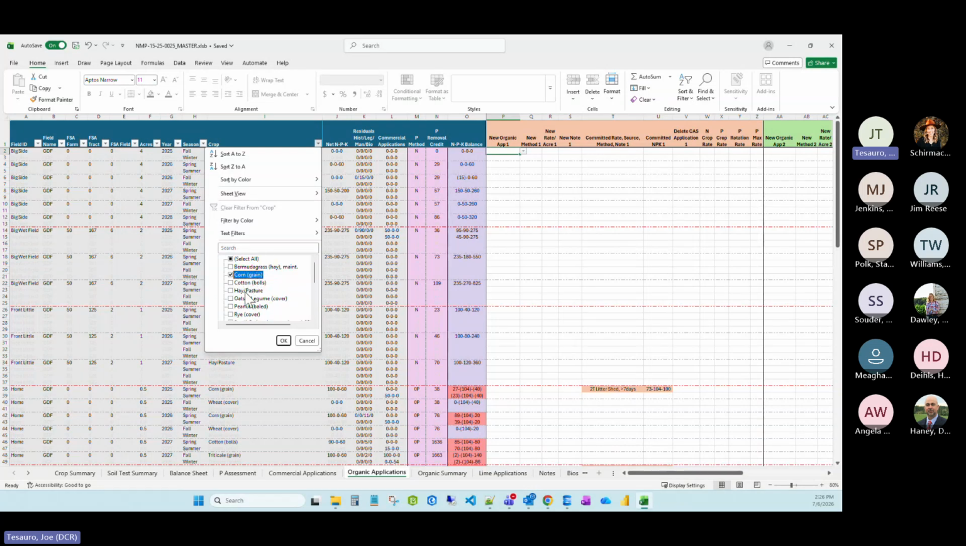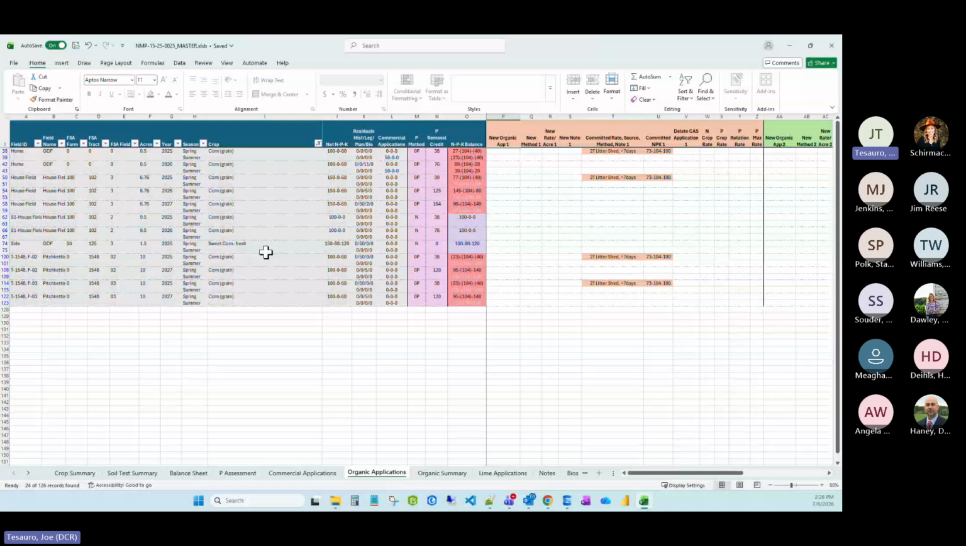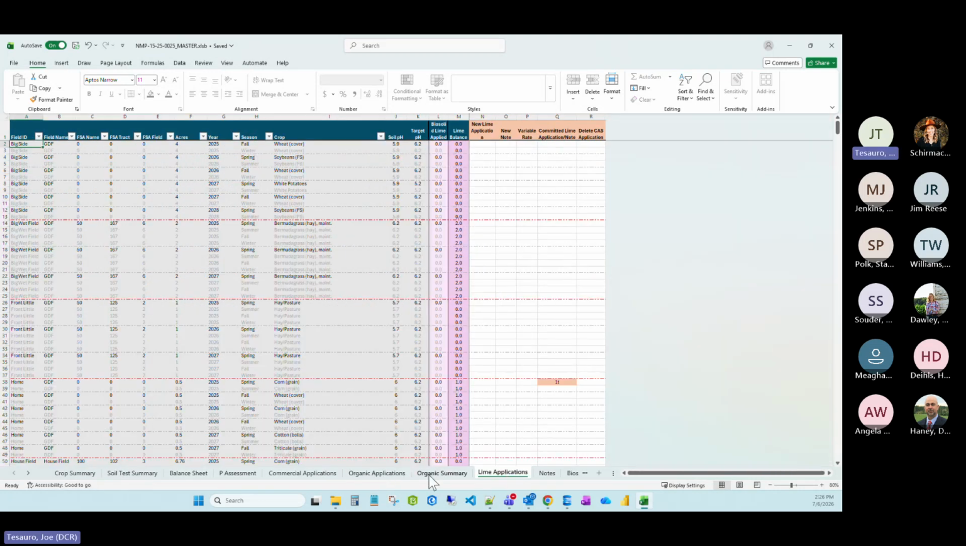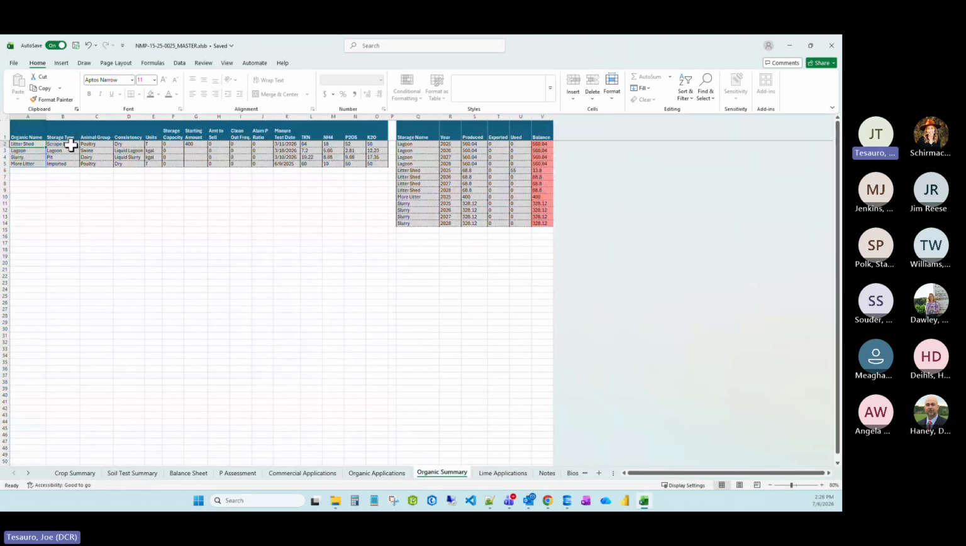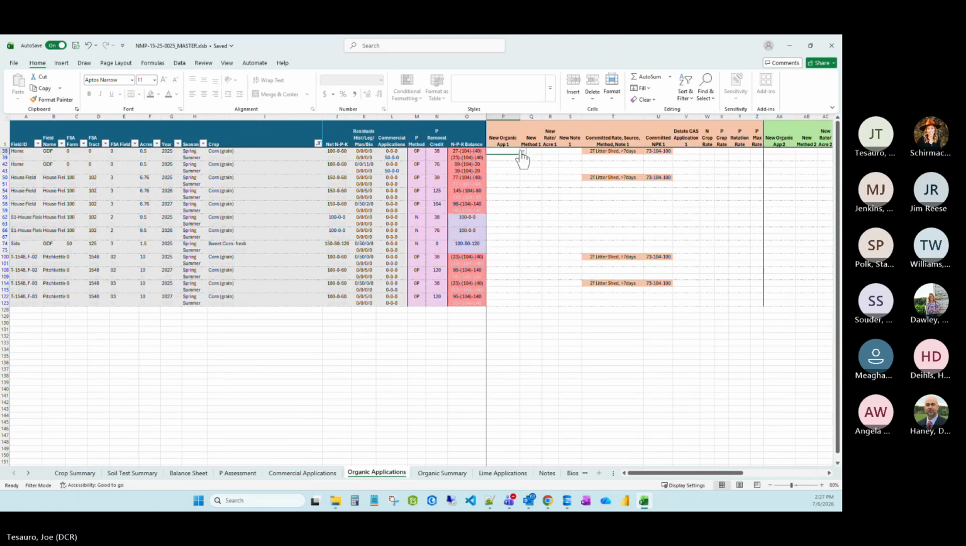We'll stick with the corn example, and let's also say we want to go ahead and do sweet corn as well. So now we're filtering to corn and sweet corn. And is there imported litter here? Maybe more litter is imported. Take a look. We go to our organic summary, and yes, the litter is actually imported. So let's say I've got imported litter, and I know I can get 2 tons an acre